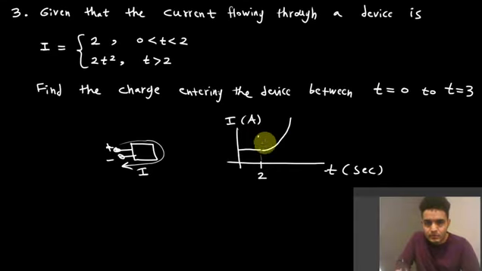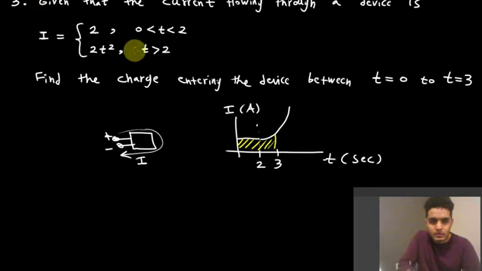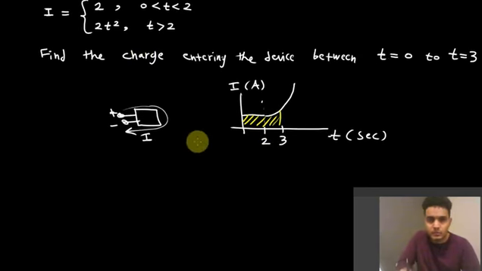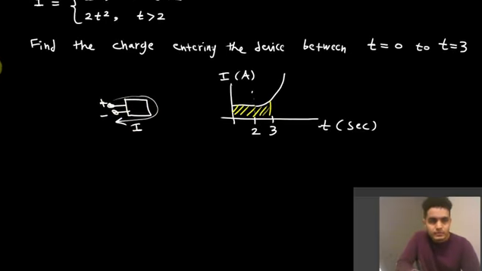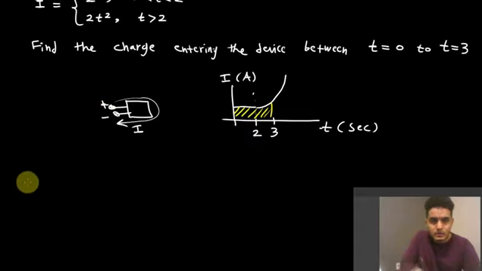Now it's saying from t equals 0 to 3 is where you're interested. So you want to find the area under the curve for this region. That is going to give you the total charge that has been accumulated in the system, or passing through the system, because it may not have accumulated, it must have flown out. So the total charge, let me just say q, because I don't want to say as a function of time, because it's just a constant value. So q is equal to the integral from t equals 0 to 3 of